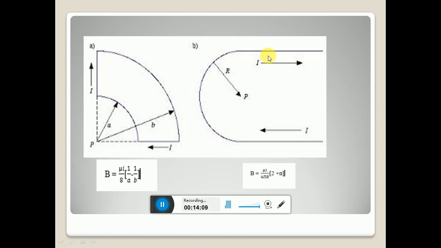So the equation for the third and first parts will be mu naught I by 2 pi a, and here also mu naught I by 2 pi a, and the semicircular part is mu naught I by 4r, mu naught I by 2 pi r, mu naught I by 2 pi r, and mu naught I by 4r. If you simplify that, you will get this equation. So try to do it on your own, or else I will explain in the next class. If you have that doubt, put it in the query sheet and I will explain it in the next class.